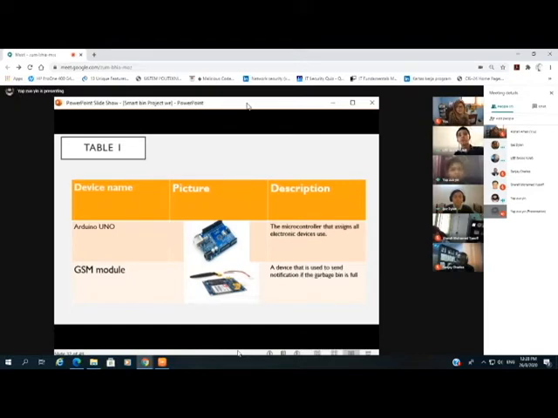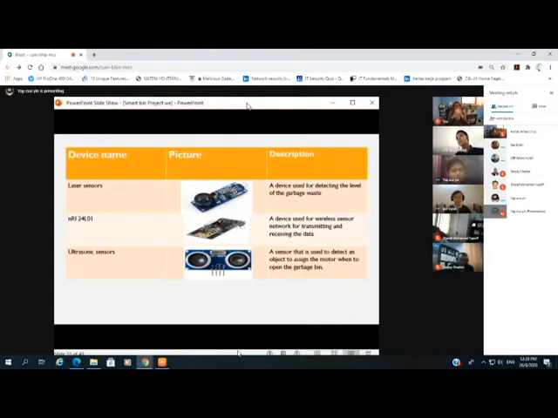Device name, Arduino Uno. Description, the microcontroller that controls all the electronic devices used. Second is the GSM module, a device that is used to send a notification if the garbage bin is full. Third, laser sensor, a device used for detecting the level of the garbage waste. Fourth,